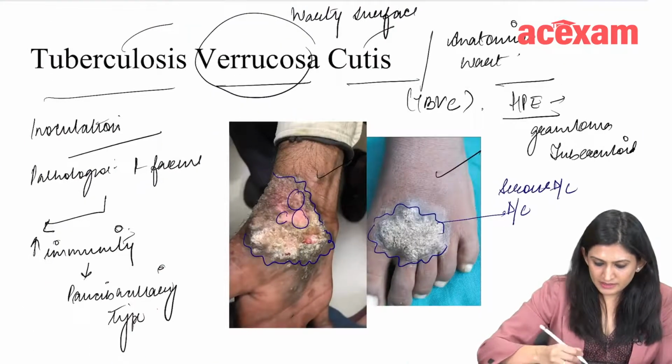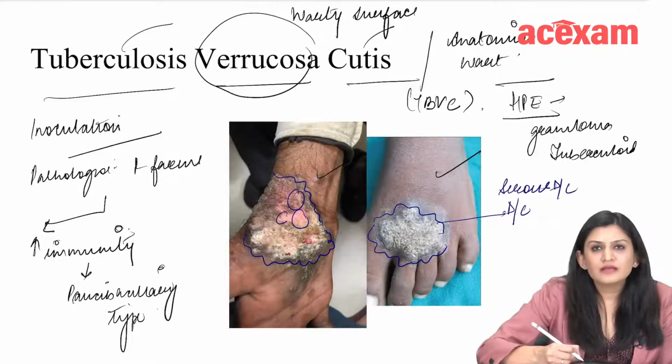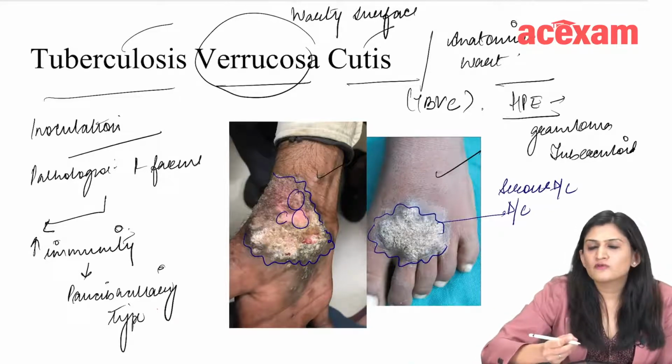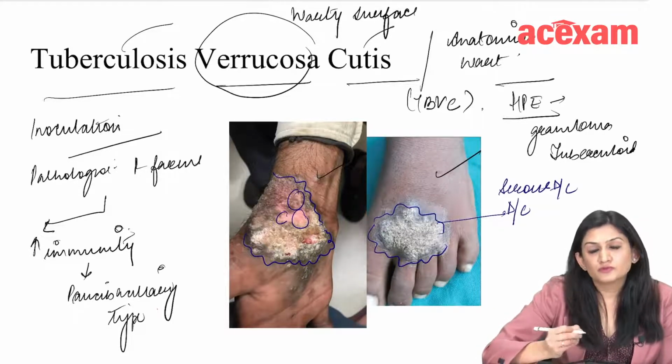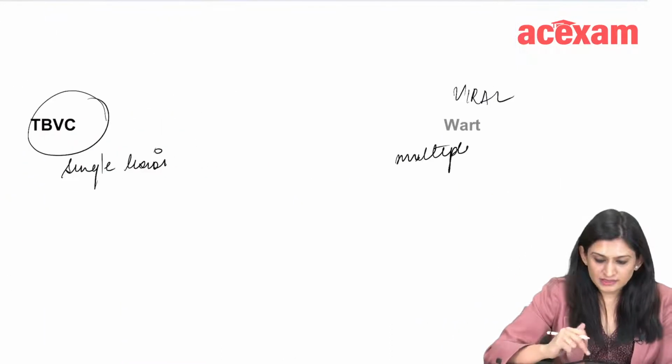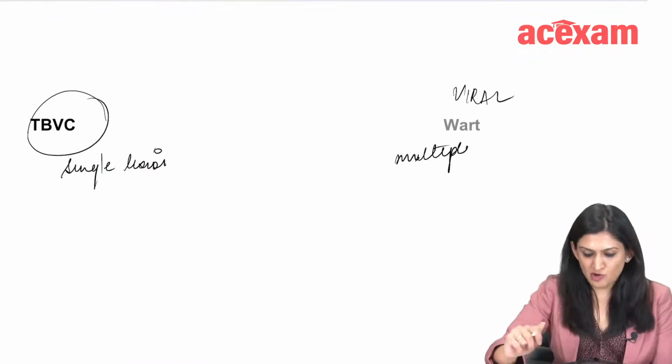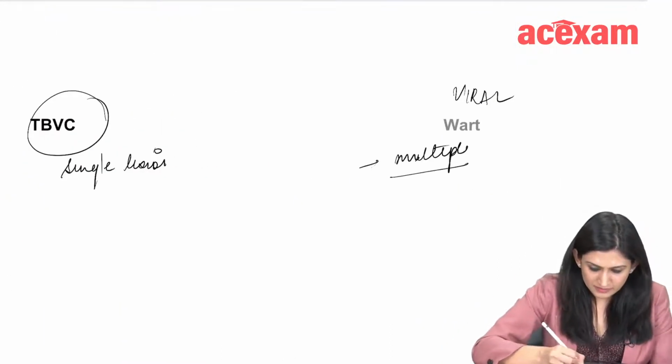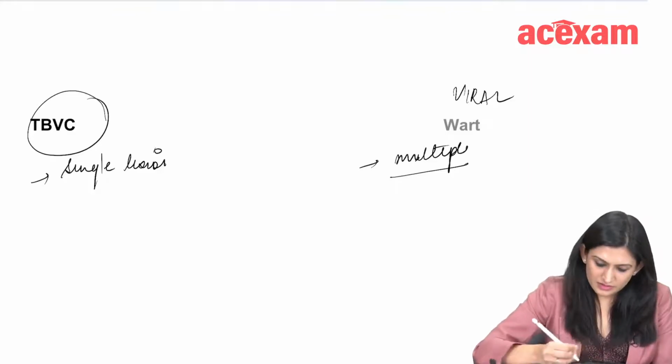See, if something is big enough to cause this, and if it's a viral wart, it will spread because it has a lot of phenomenon of pseudo-koebnerization, and it will spread. But if there is a single plaque with verrucous surface, then it is likely that it is TBVC, at least in Indian context. Okay,